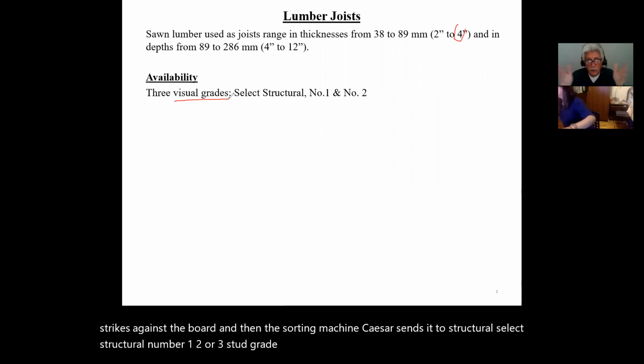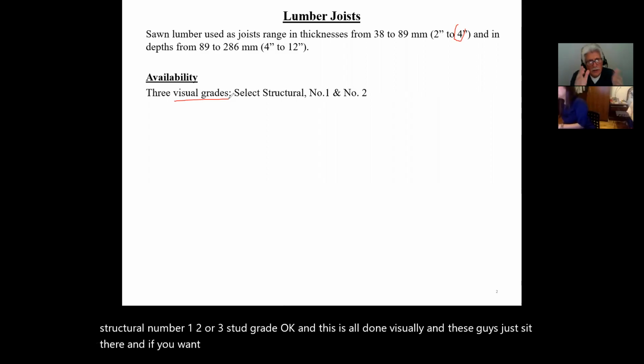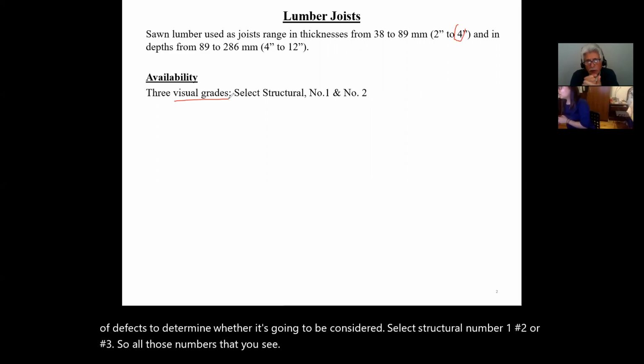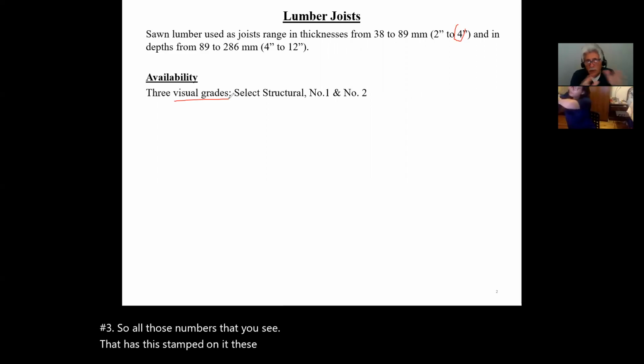And this is all done visually. These guys just sit there, and they get trained, and they have to look for different types of defects to determine whether it's going to be considered select structural, number 1, number 2, or number 3. So all the lumber that you see that has this stamped on it has been inspected visually,